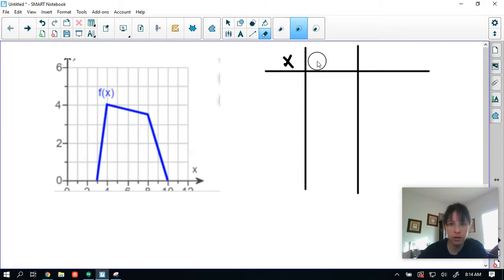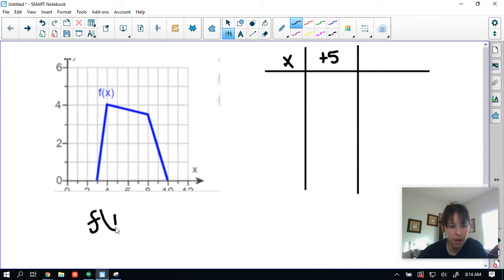And then I'm actually going to have my x values for f of x minus 5. Horizontals lie to us. So what I'm going to do here is add 5 to every one of my x, because this is asking for f of x minus 5. And because with horizontals you do the opposite, I'm going to add 5 to each one of my x's. And then I'm going to do f of x here. So in this case, I have 3, 4,